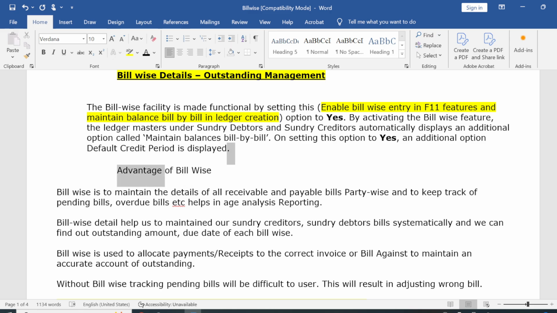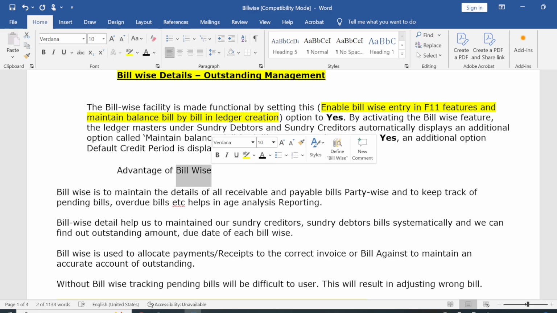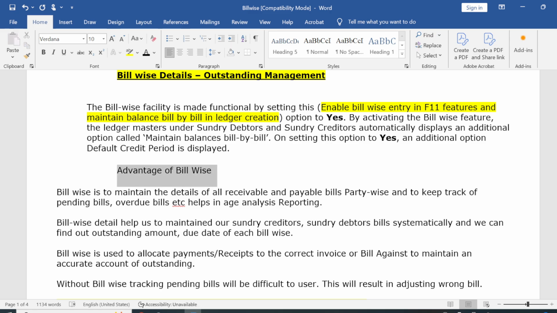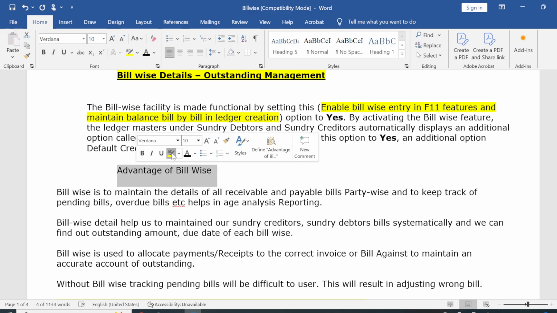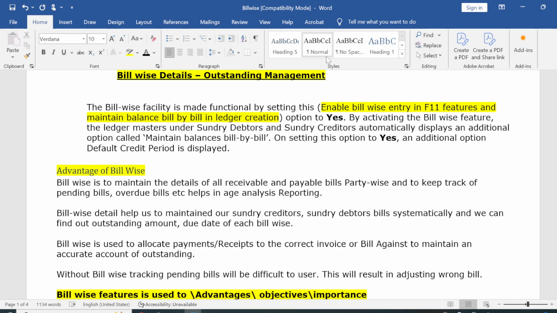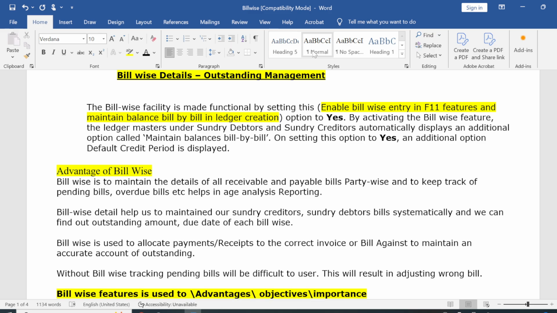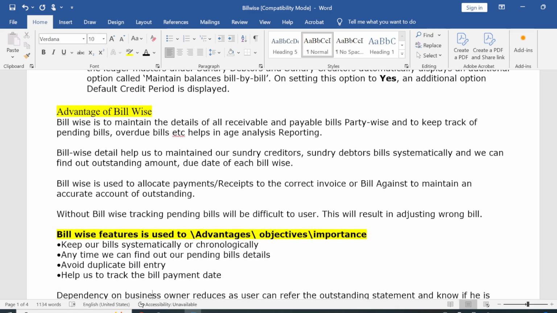Number one advantage: keep the tracking of the bill,